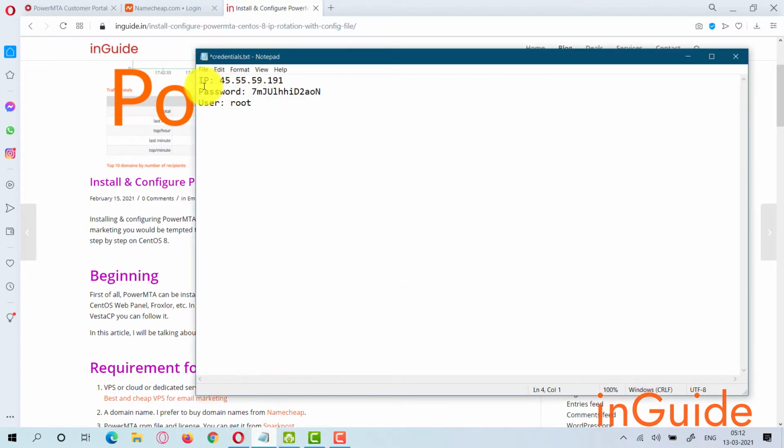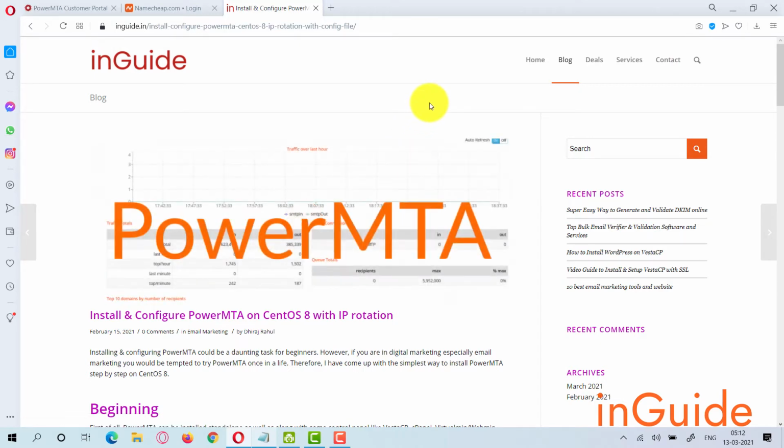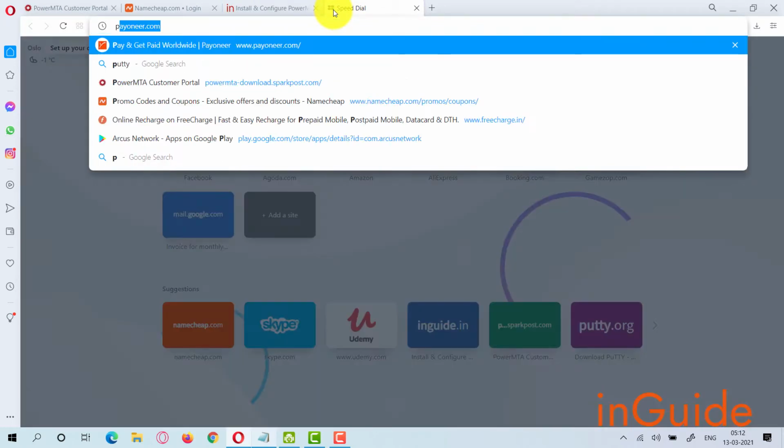Once your order is processed for the VPS or cloud, you will get login credentials like this: IP address, username and the password. If you are on Windows, then you will need a special SSH client to connect with your Linux server. Here I will be using an open source SSH client, which is PuTTY.